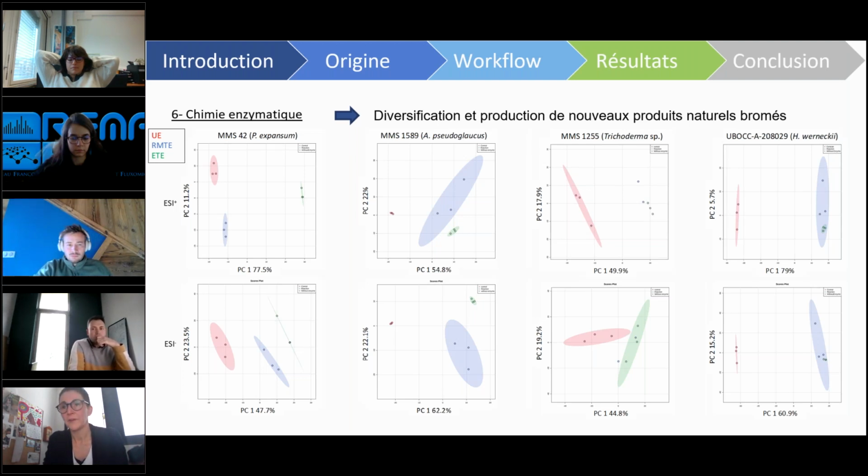But for the two others, Trichoderma and Oertel wernickii on your right, you can see that green and blue dots are not so well separated on the first two principal components. So it doesn't mean nothing happened, but something happened at least with the reactants. But maybe if something happened with the enzyme, it concerns not many metabolites. So the reactivity of the metabolites might also be quite important.